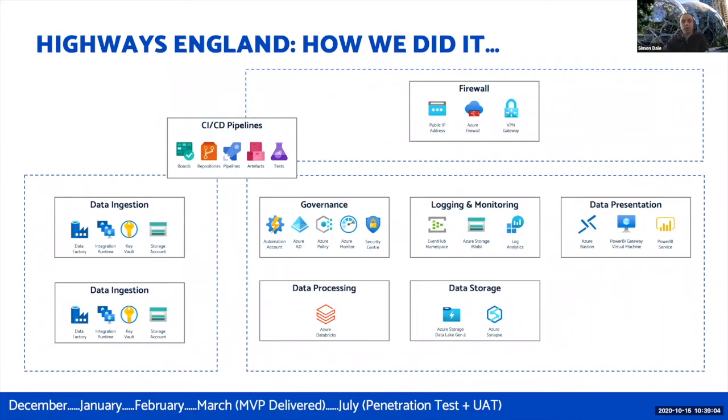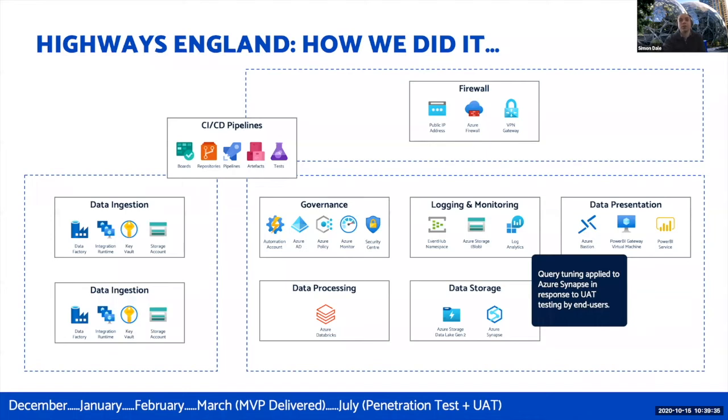So moving on from MVP, we were now looking at productionizing this service and making sure that we could move into an environment that handled live data. So one of the first things we needed to do for this was the penetration test, and then actually the user acceptance testing. We needed to run through a number of different scenarios. So over the next 3 months, we were really busy hardening certain areas. So we applied a number of different blueprints that would specify the baseline that we needed for security.